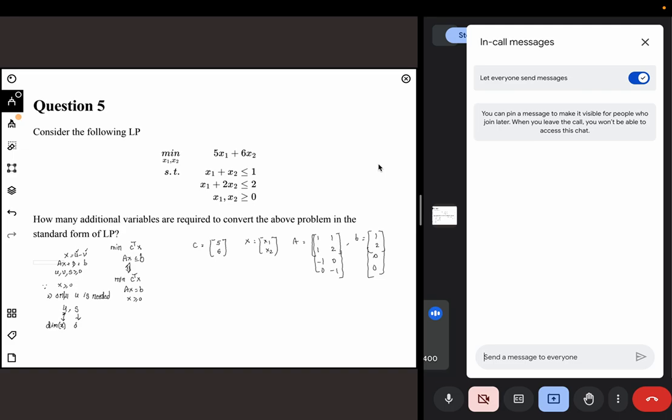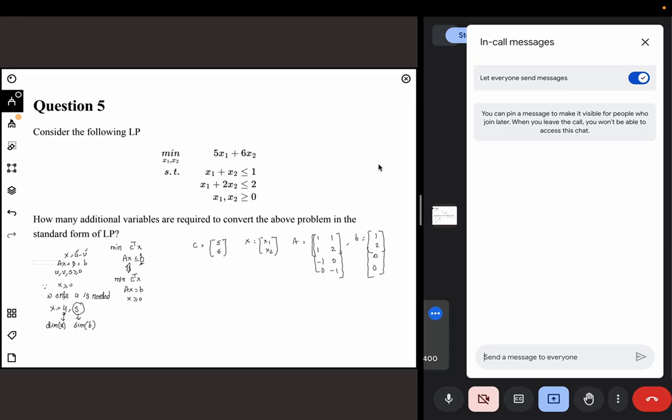And s will be the dimension of b. If you see the s here, Ax plus s equal to b, so the s dimension should be the same as the dimension of b, right? So how many additional variables are required? u is basically equal to my x, so x is equal to u. So the additional variables will be s. Then the dimension of s is equal to the dimension of b, which means I require,